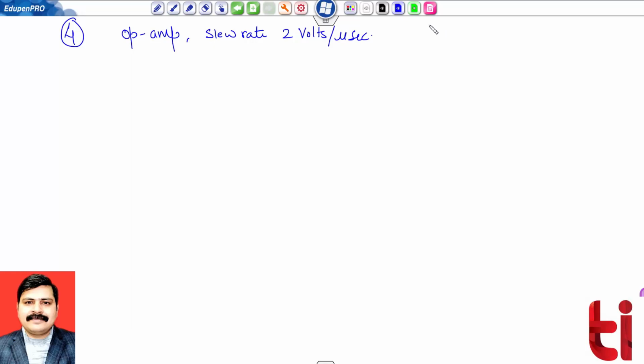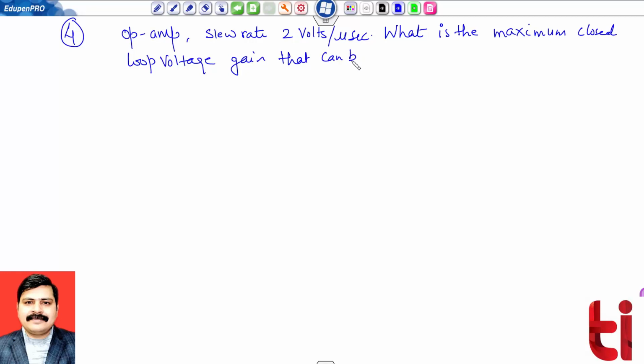This is the value, and you have to determine what is the maximum closed loop voltage gain that can be used